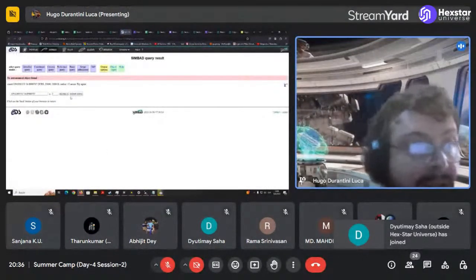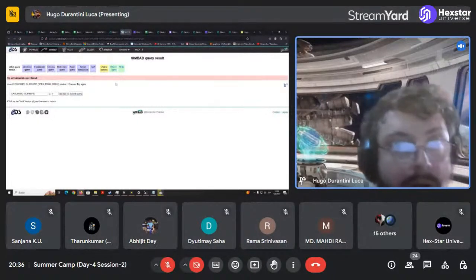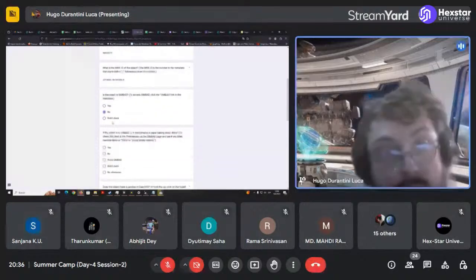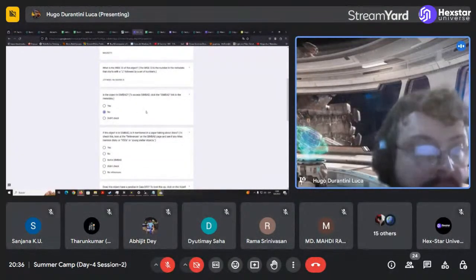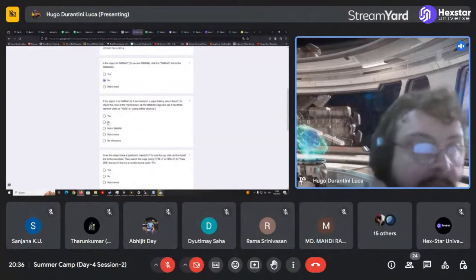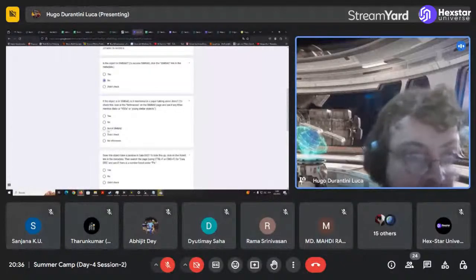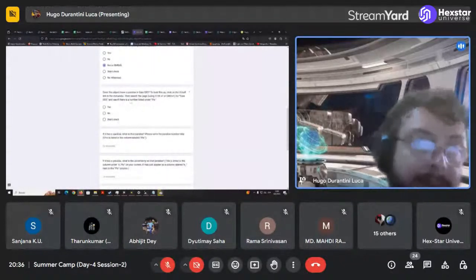It's not in SIMBAD. In this case, it says that no astronomical object was found at the current coordinate. So we're going to say no, or you can put you didn't check, because maybe you're not sure. If the object is in SIMBAD, it gives any reference we are searching for. In this case, it was not in SIMBAD.